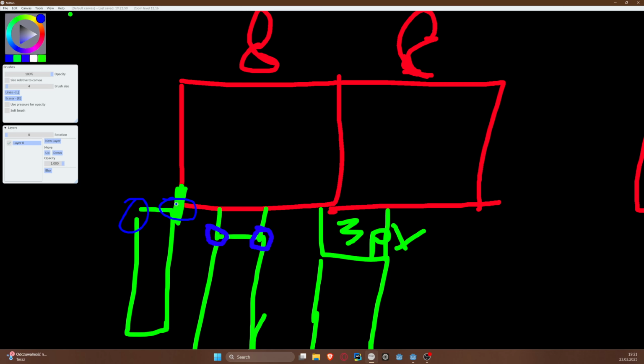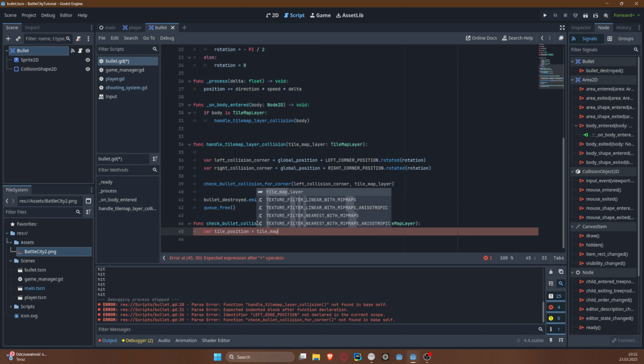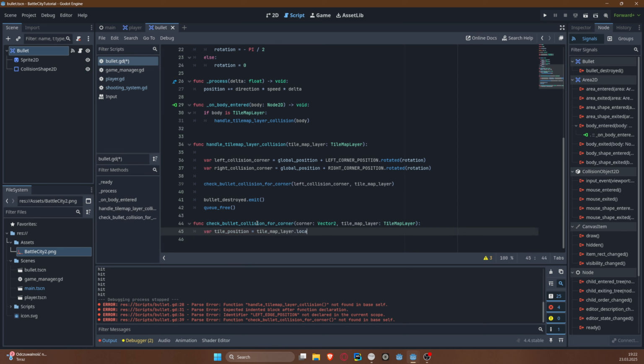So we need to check whether here is the intersection between the bullet and the tile. So tile position is equal to tile map layer local to map,